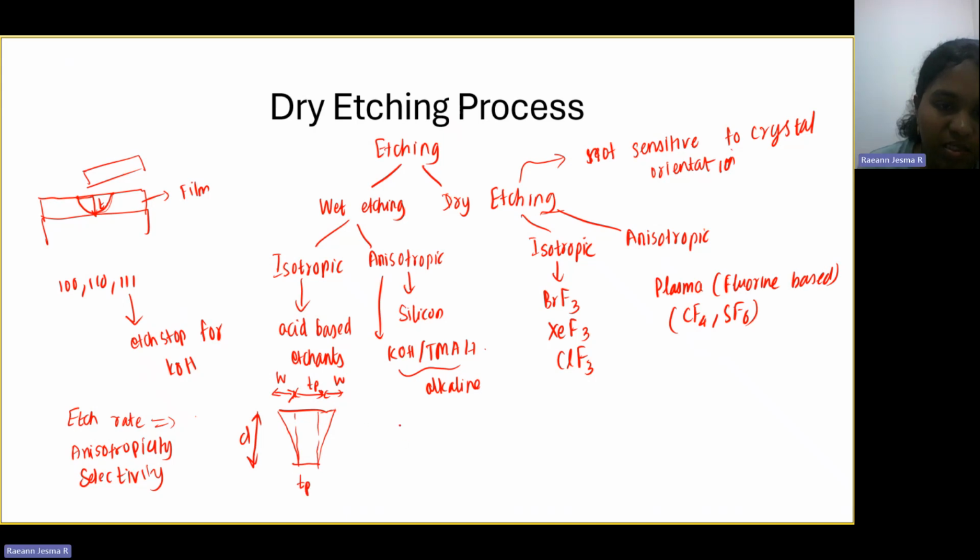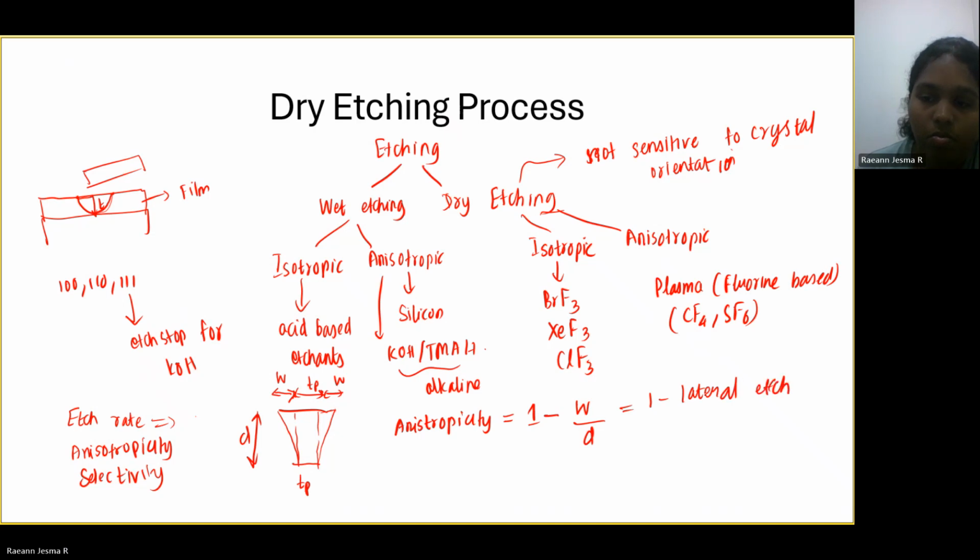So your lateral etch is W divided by D. There is also another thing called selectivity. So selectivity is the rate of etch of the desired material